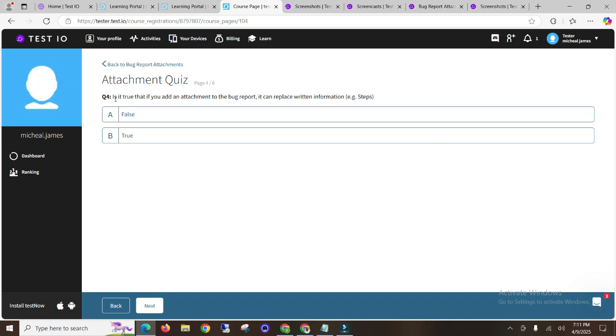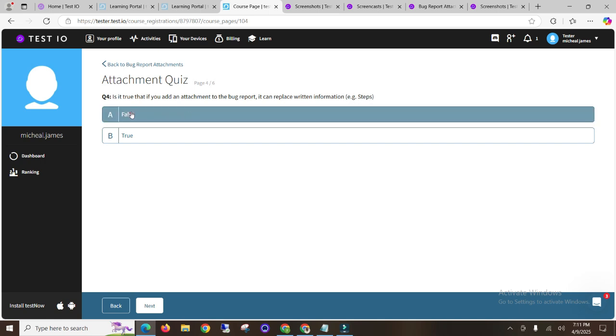Okay, now question 4. Is it true that if you add an attachment to the bug report, it can replace written information like the steps? No, this is not true, this is false. An attachment is to show more clarity, it doesn't replace anything. So next,